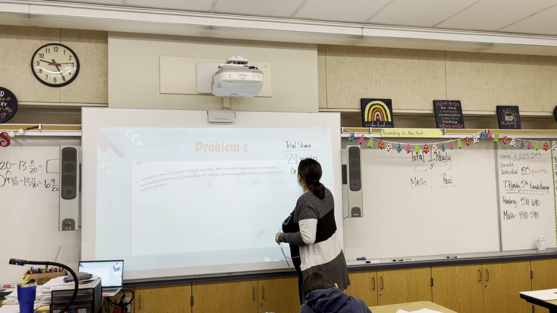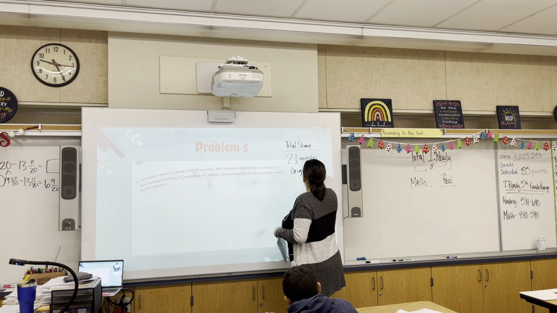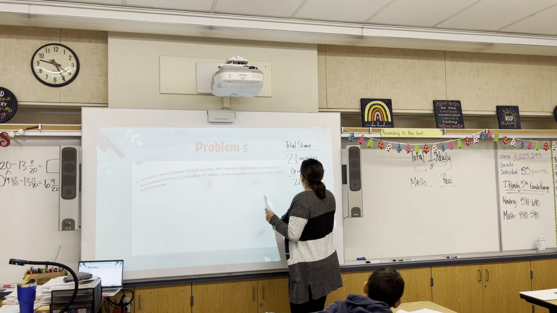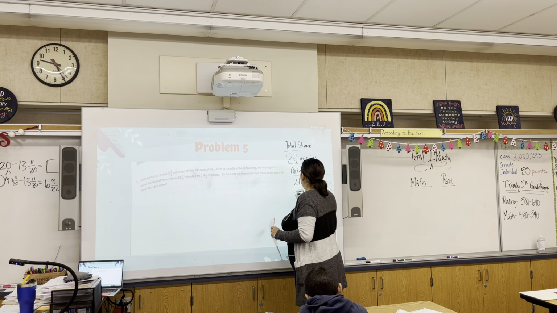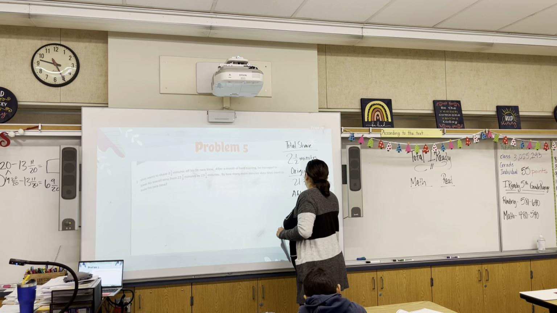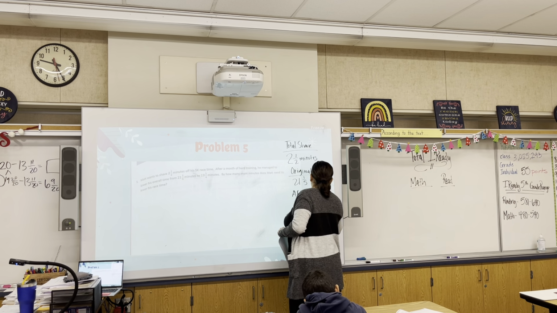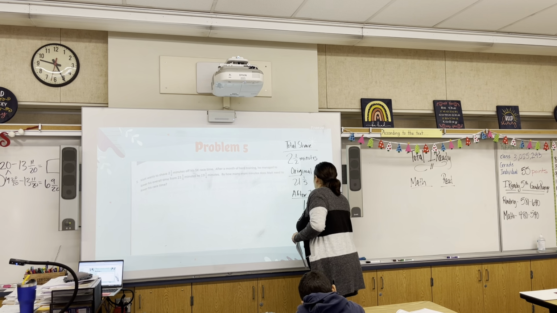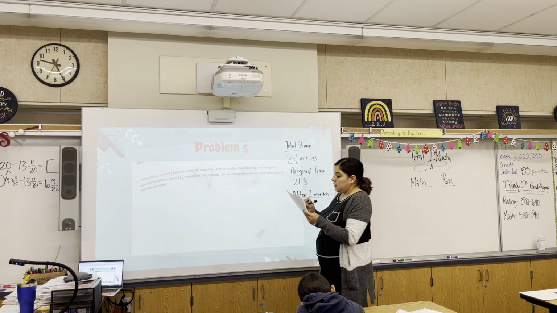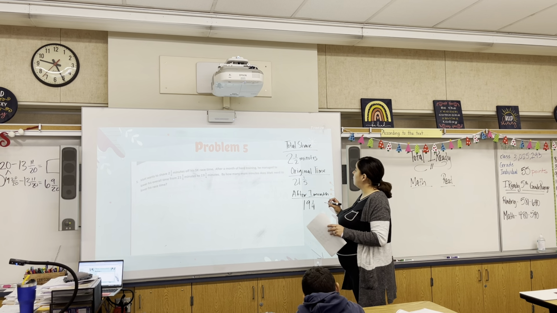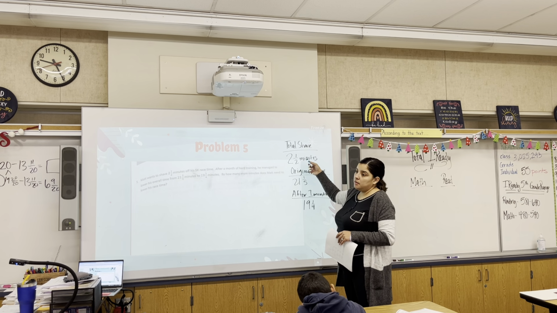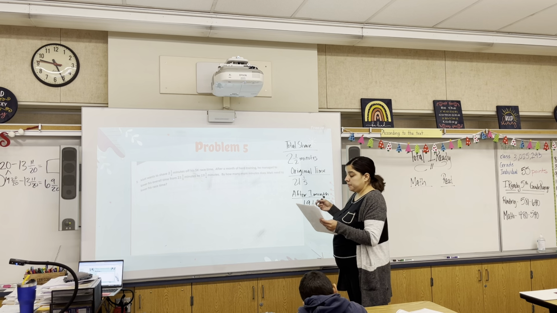So his original time was what? Good. And after a month, it was what? Good. 19 and 1/4. Good. And so what we're trying to make sure is that he shaves off a total of what? Okay, good. So then,